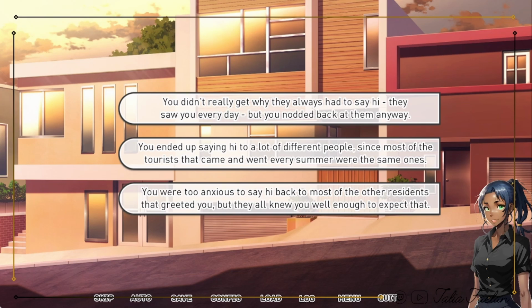You didn't really get why they always had to say hi. They saw you every day, but you nodded back at them anyway. You ended up saying hi to a lot of different people, since most of the tourists that came and went every summer were the same ones. You were too anxious to say hi back to most of the other residents that greeted you, but they all knew you well enough to expect that